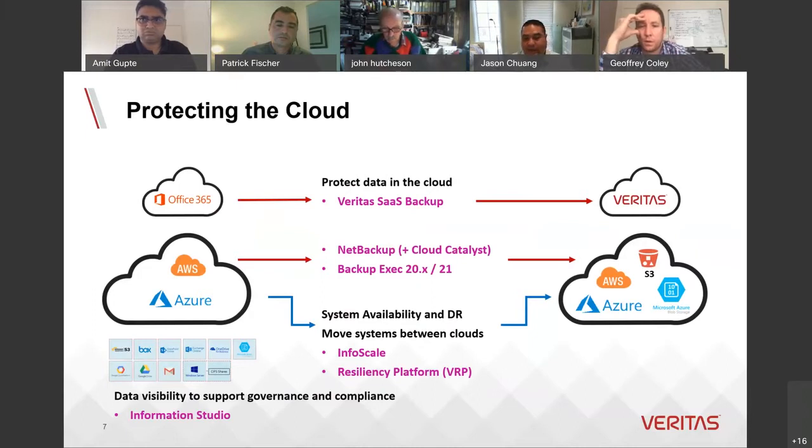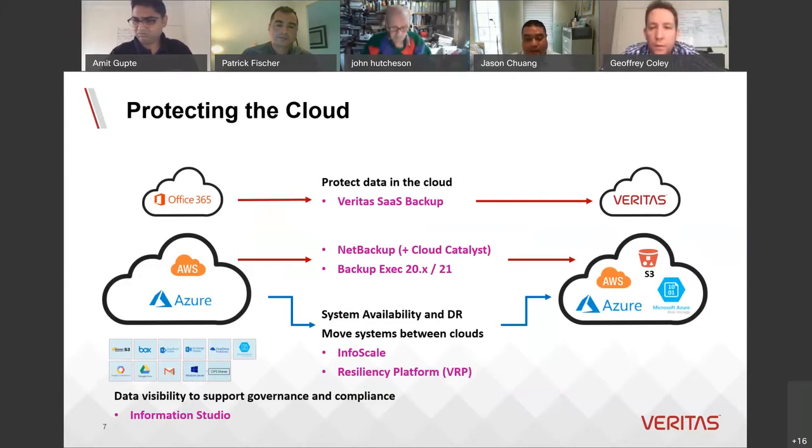Similarly, InfoScale provides a software-defined storage layer that gives you a high availability capability within the cloud platforms that is better than what you might be able to achieve with the native capabilities of the architecture of AWS, for instance, through clustering across AWS instances or availability zones.